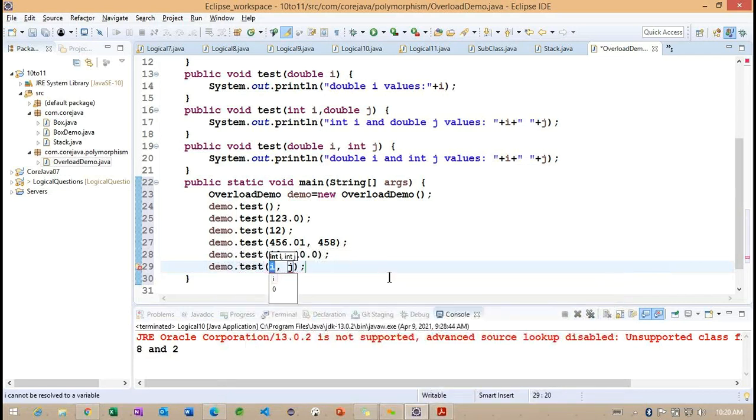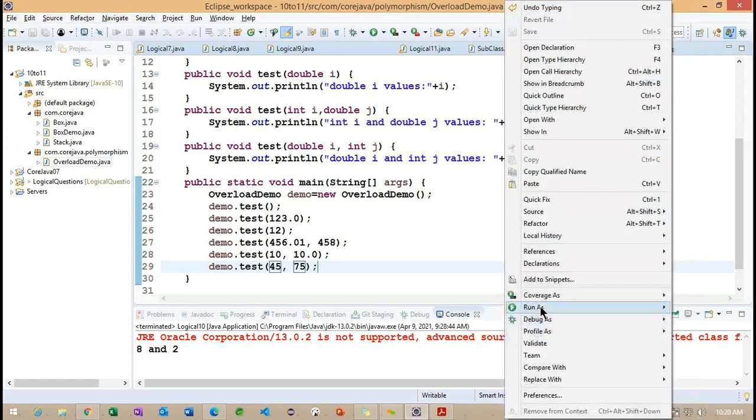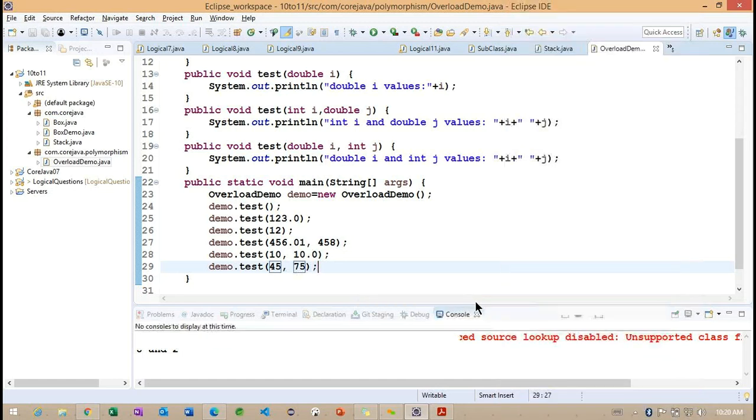This method is expecting 2 parameters, and now I want to check with 45 and 75. So we need to understand this carefully. The data types are very important here. Getting the point. So how are we going to change these particular data type values? Now you can see if I run the same example.